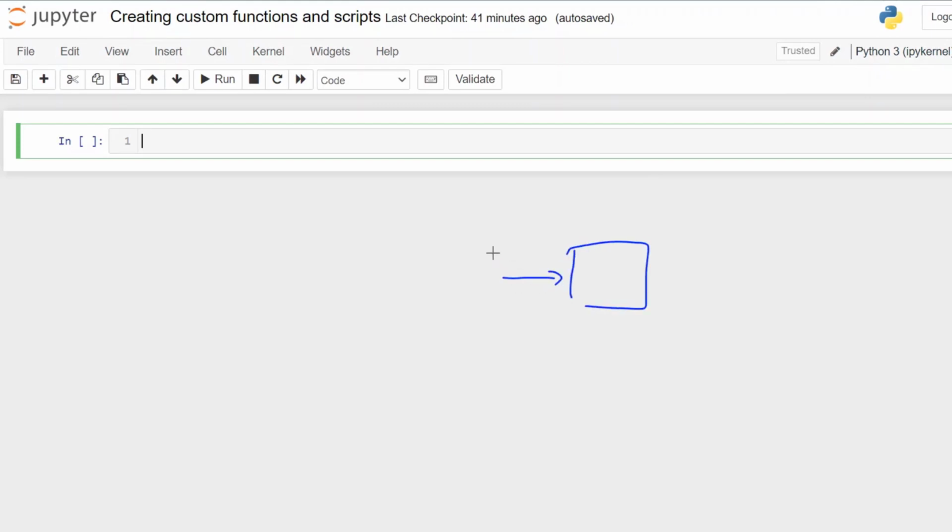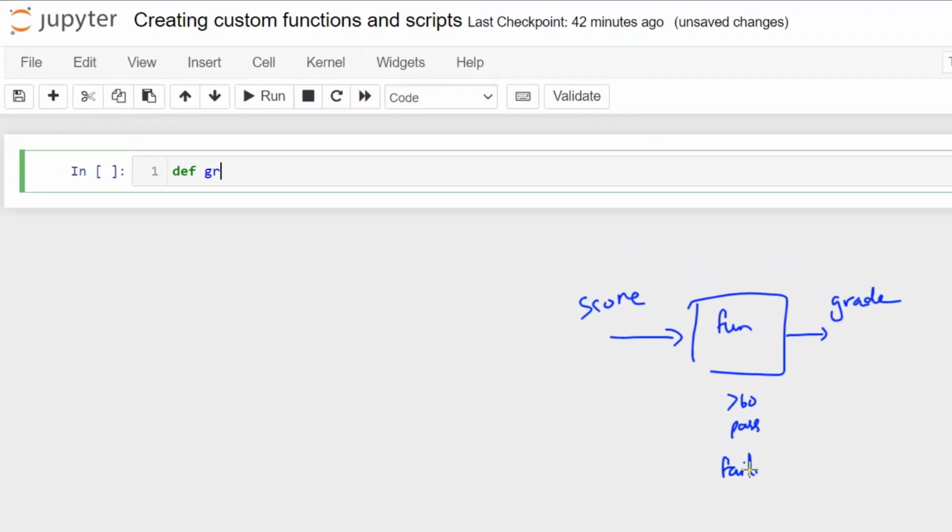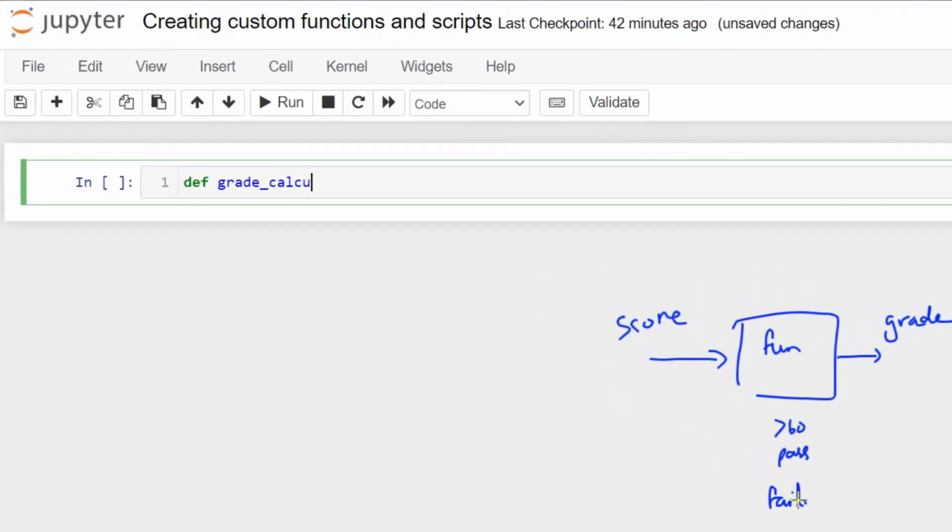So given some score, you would like your function to calculate the grade. If it's greater than 60, then it's a pass, or else it's a fail. So to do this, you first define your function name. I'll call this grade calculator, and you need to specify your input in brackets, so score,